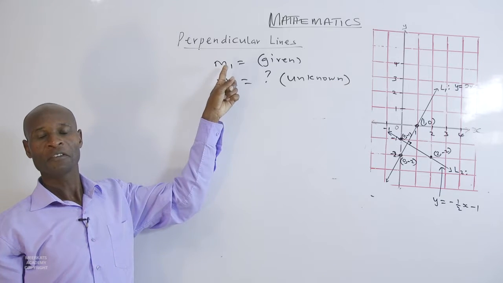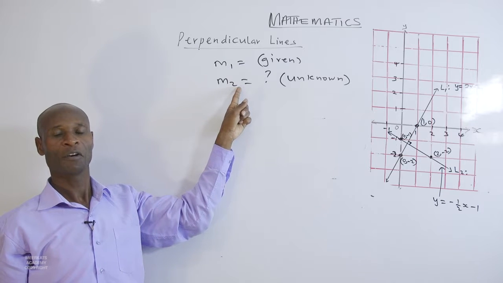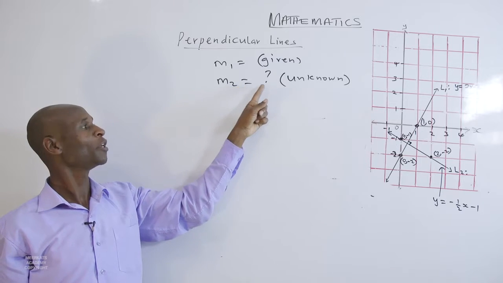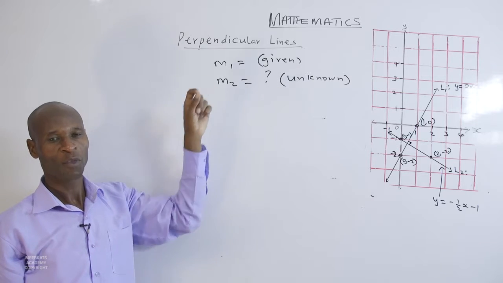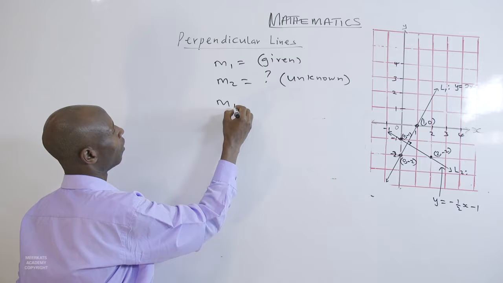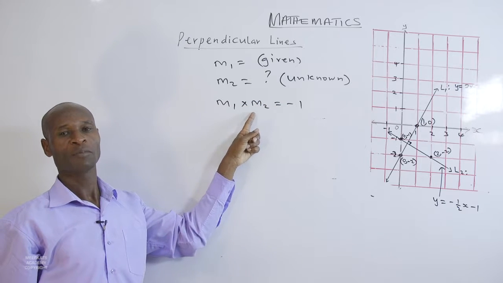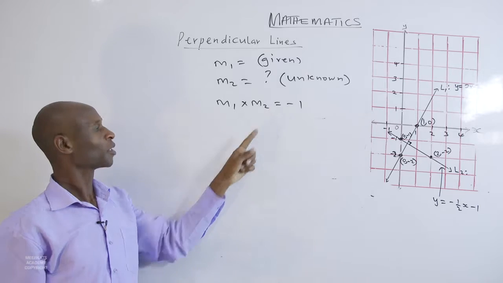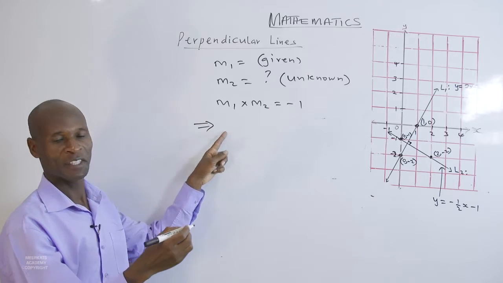So the gradient of the first line m1 is given, and the gradient of the second line, which is m2, is unknown. That means it's not given. You now write down the rule. m1 times m2 is equal to negative 1. This implies that to get the gradient of the second line,